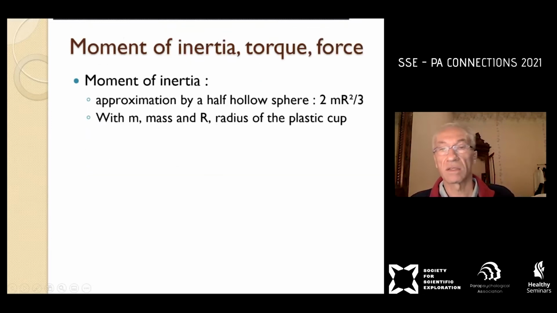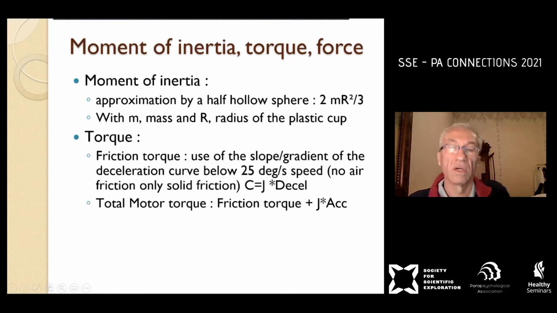So the first thing is to calculate the moment of inertia. For example, for the plastic cup, it's a half hollow sphere. So this is the formula, and you have to know only the radius and the mass. So it's easy. And for the torque, in fact, we use the slope, the gradient of the deceleration curve when